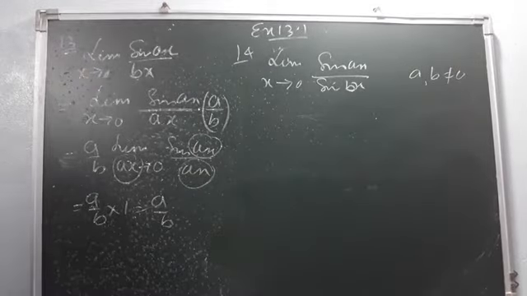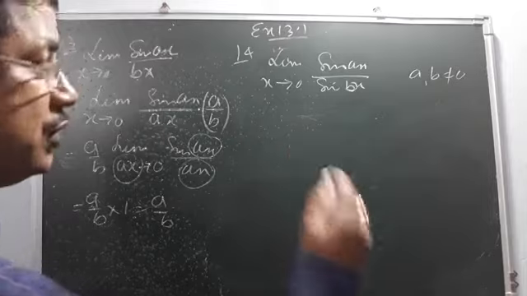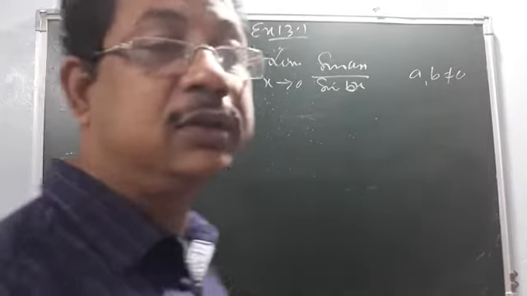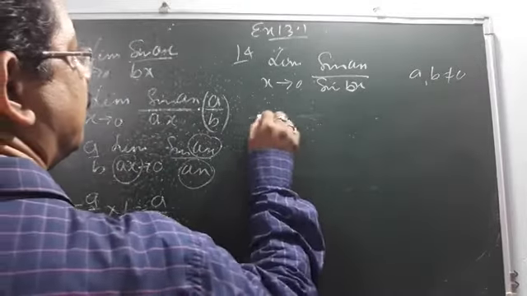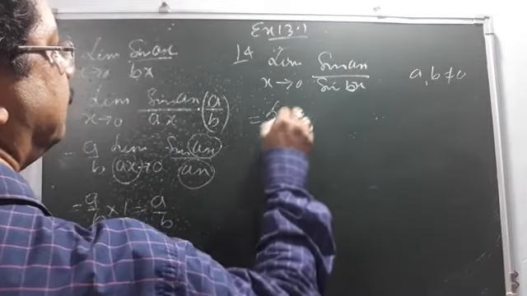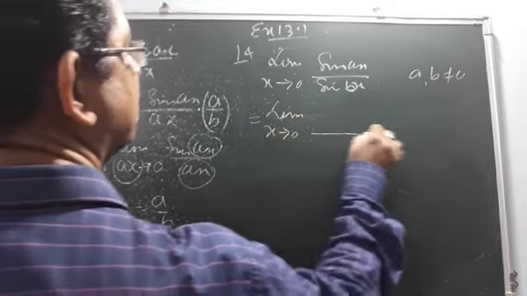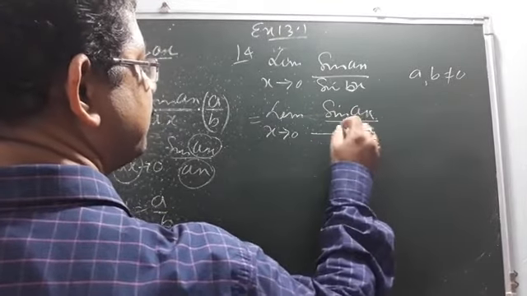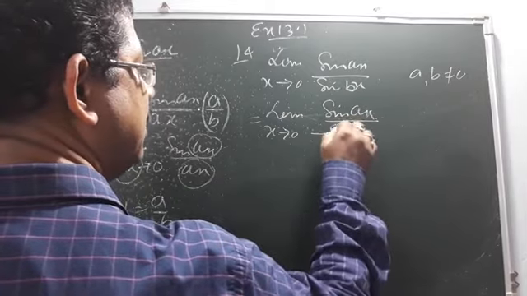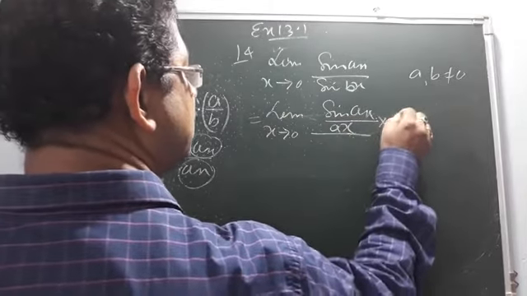So in this question, how to do this one? Of course, that formula, sin theta by theta when theta tends to 0 is equal to 1, we will use that one. Limit x tends to 0 sin ax by ax into